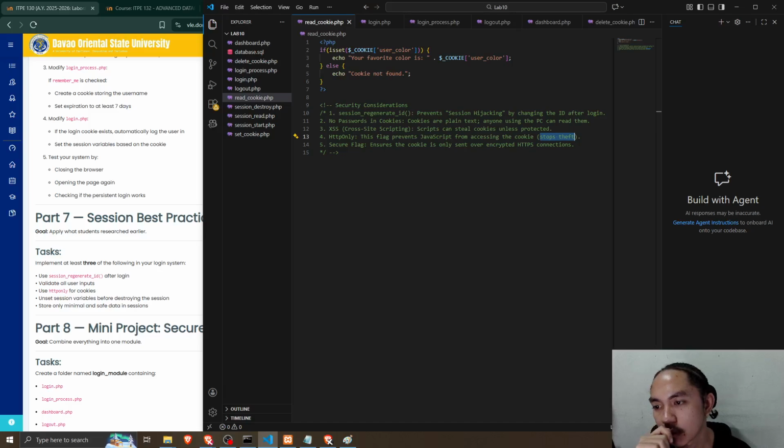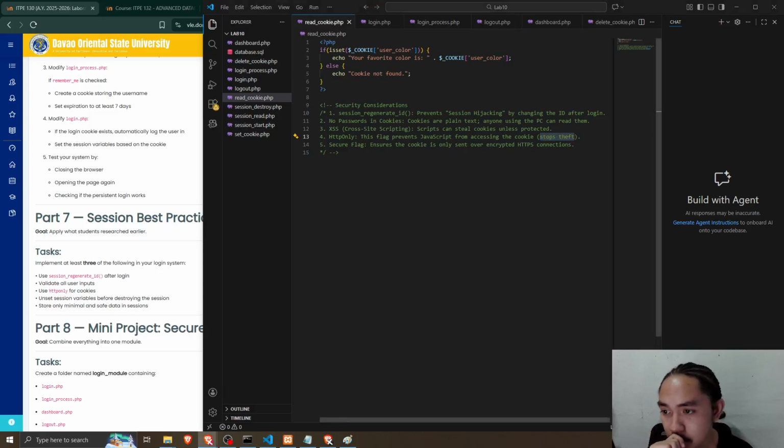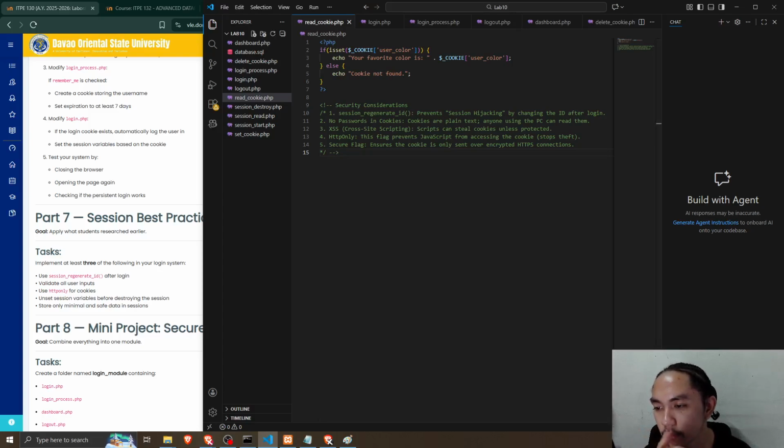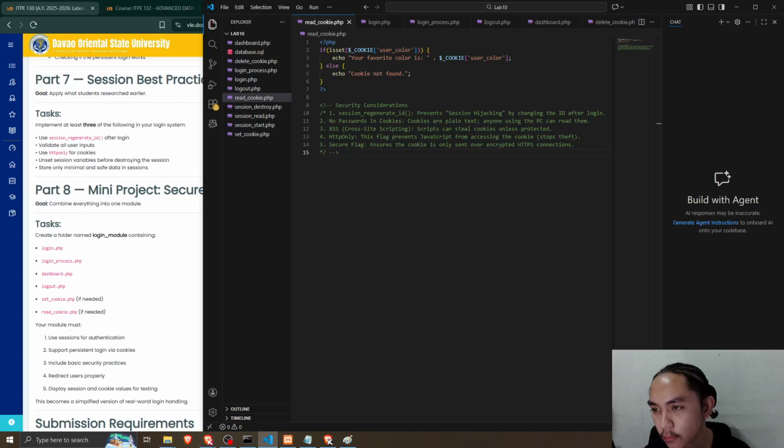Test your system by closing the browser, opening the page again, and checking if the persistent login works. Then apply what students researched earlier, at least 3 of the following: session generate ID, validate user inputs, HTTP only for cookies, unset sessions, store minimal and safe data, combine everything into one module.